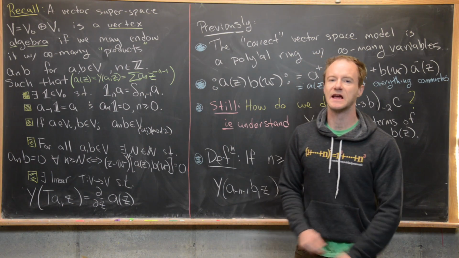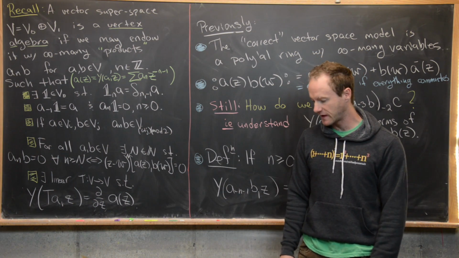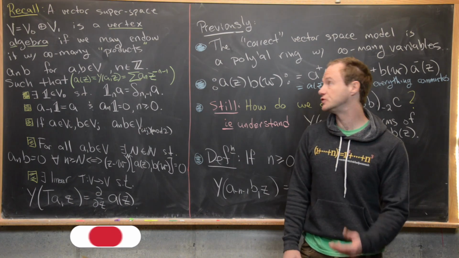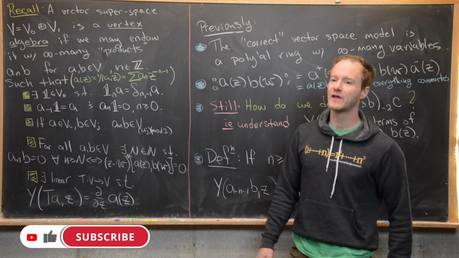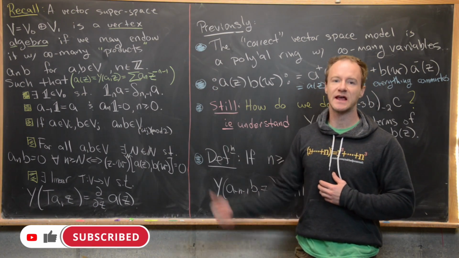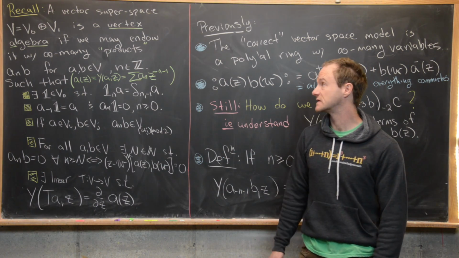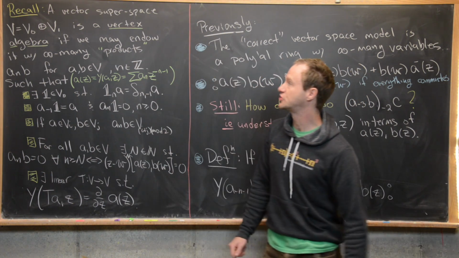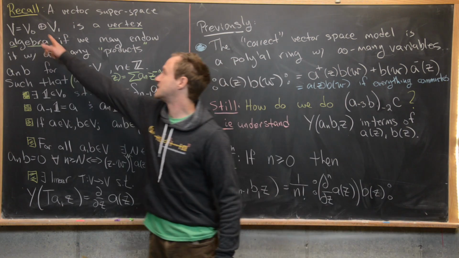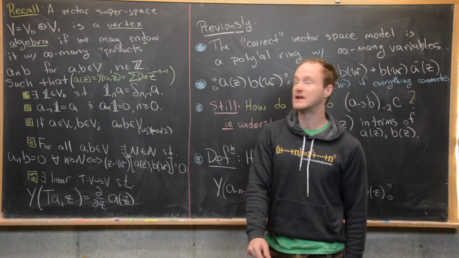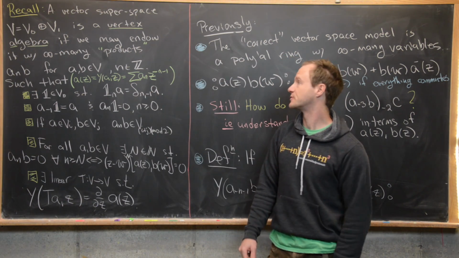So today's a big day for our vertex operator algebra playlist, and we're going to look at our first juicy example. But before we do that, I want to recall a definition and look at some things that we've done previously. So a vector superspace, V, which is the direct sum of V0 and V1, is a vertex algebra if